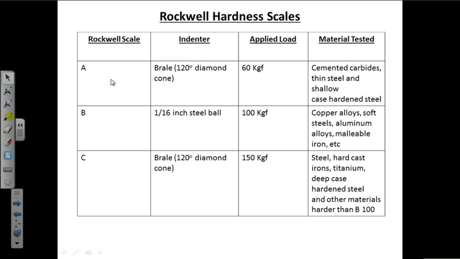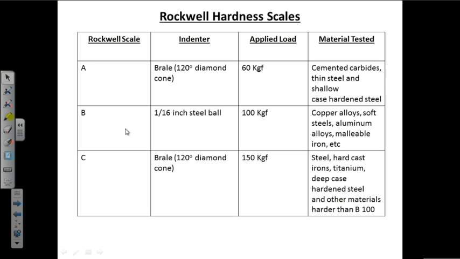Rockwell scale A is used to test the hardest of the materials, such as cemented carbides. Cemented carbides are certain kinds of ceramics, and they are one of the hardest available materials. This scale is also used to test thin steels and shallow case hardened steels. These steels are very hard steels,